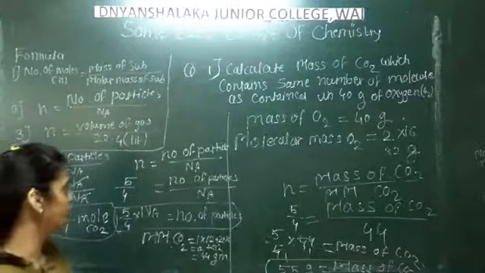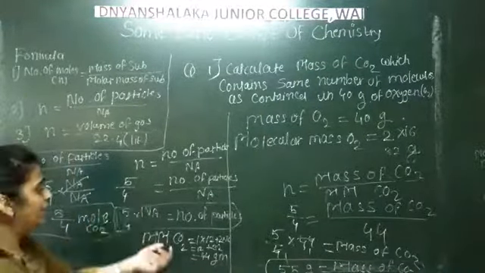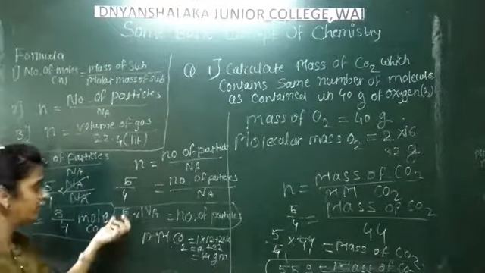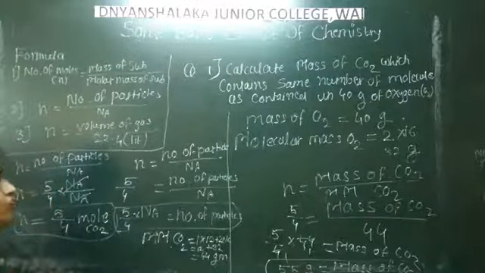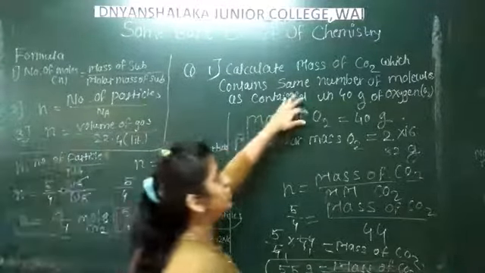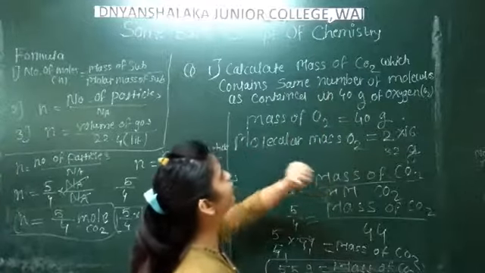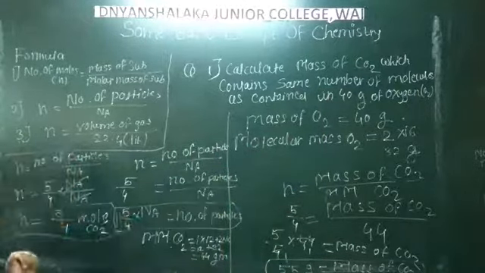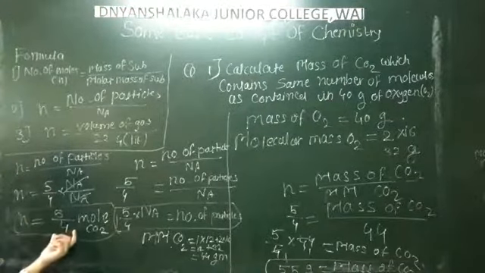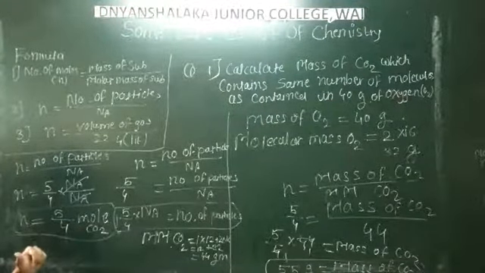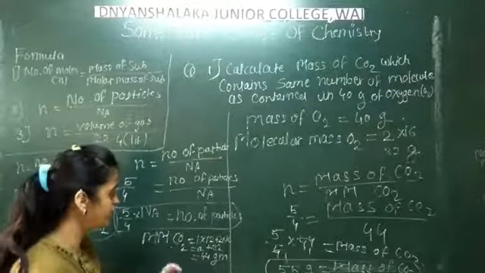So using this mole we have to find out the number of particles. So number of particles is equal to 5 upon 4 into Avogadro number. Next, in the question we say that the same number of molecules of oxygen is equal to molecules of carbon dioxide. So we have to find out the same number of moles, 5 divided by 4 moles of carbon dioxide. Next we have to find out the molecular mass of carbon dioxide, which is 44 gram.